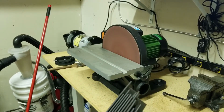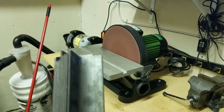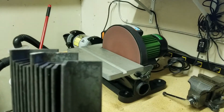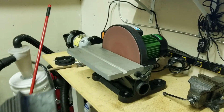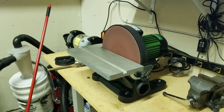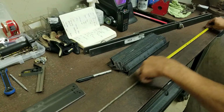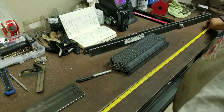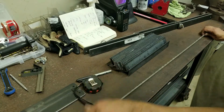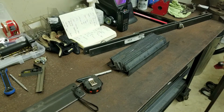Okay, I got all 12 of them done. So let's now go ahead and walk to the other table. I want to do a quick measurement for the 5/16 studs. So what I have here is a 4-foot section of 5/16 rod, and our goal is to